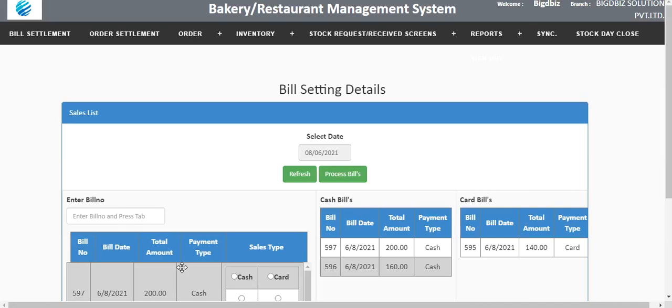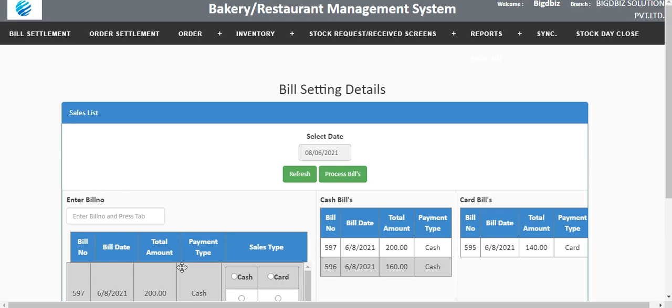In this video, we are going to see the POS, that is point of sales. This particular POS system can be used for bakery, restaurant, cafe, ice cream shop, food trucks, quick services, all the takeaways. So now we can see module by module what are the features available, and come on, let's go to the video. So the first module is the bill settle details.